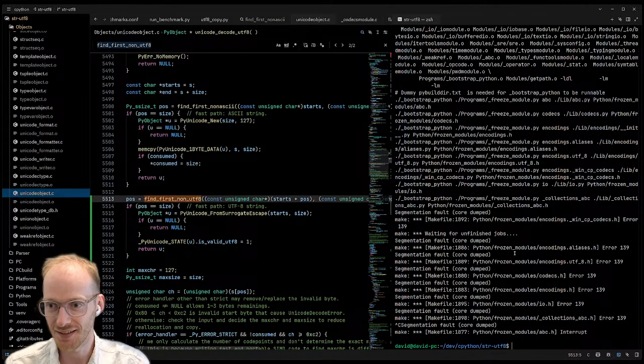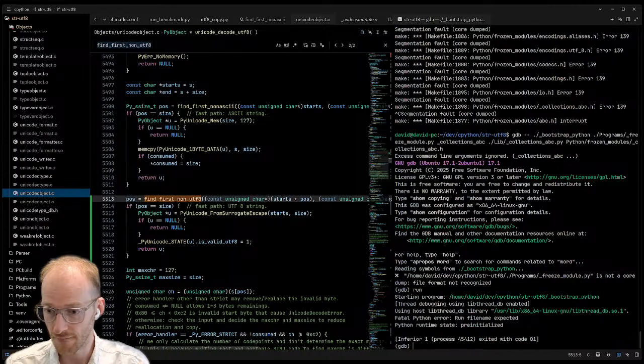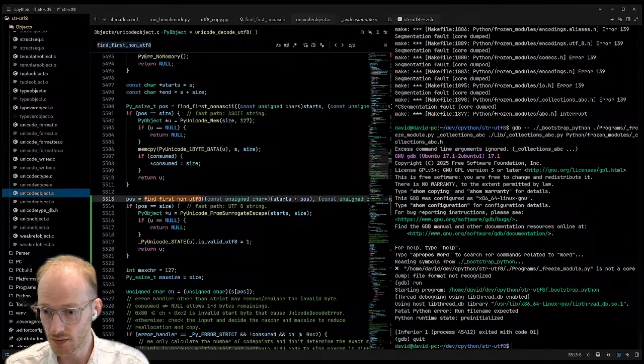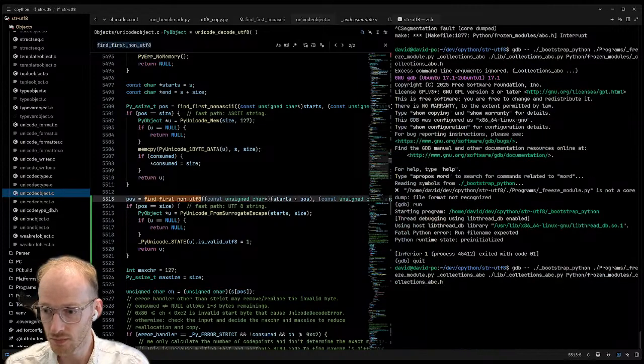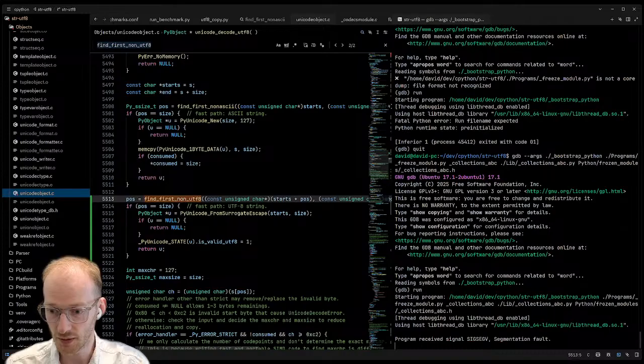What is wrong? We need GDB. Was Copilot wrong? Did I get that wrong? Oh, you need --args. I always get mixed up which one's LLDB and which one's GDB.